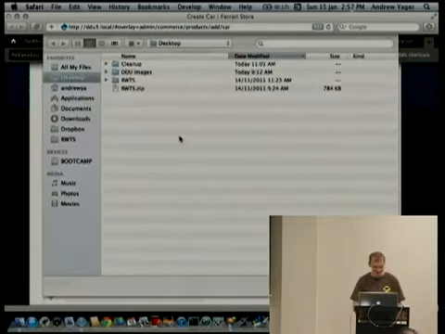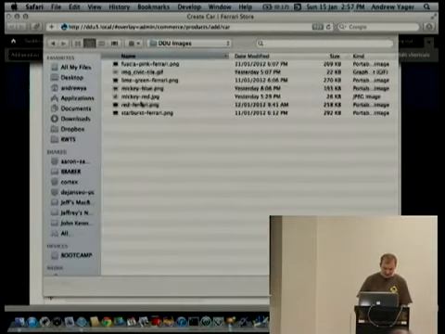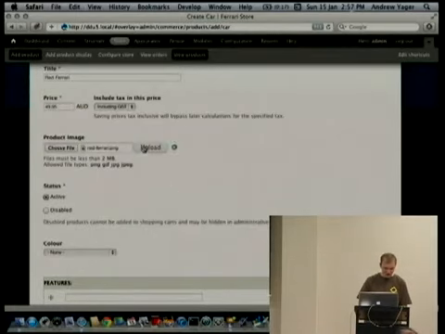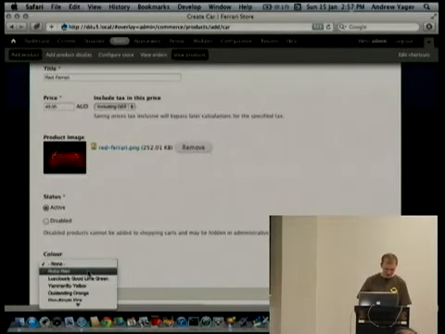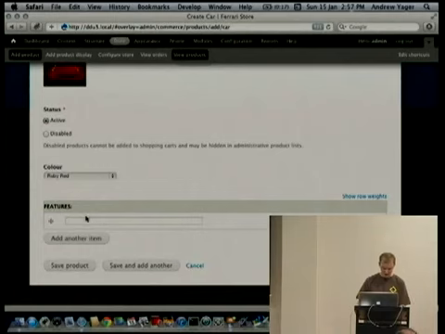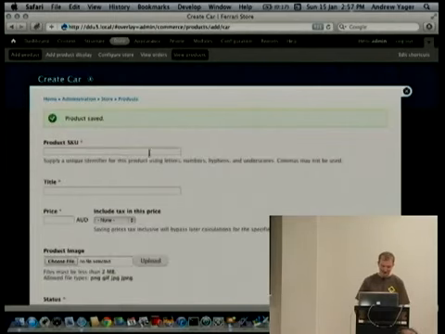Get them while you can, limited stock available. We'll go for our red Ferrari. We'll upload that. We'll set the colour to be ruby red, and this one can have mag wheels, and we'll save and add another. And we'll repeat this, F2, this can be our pink Ferrari, and we'll sell this one